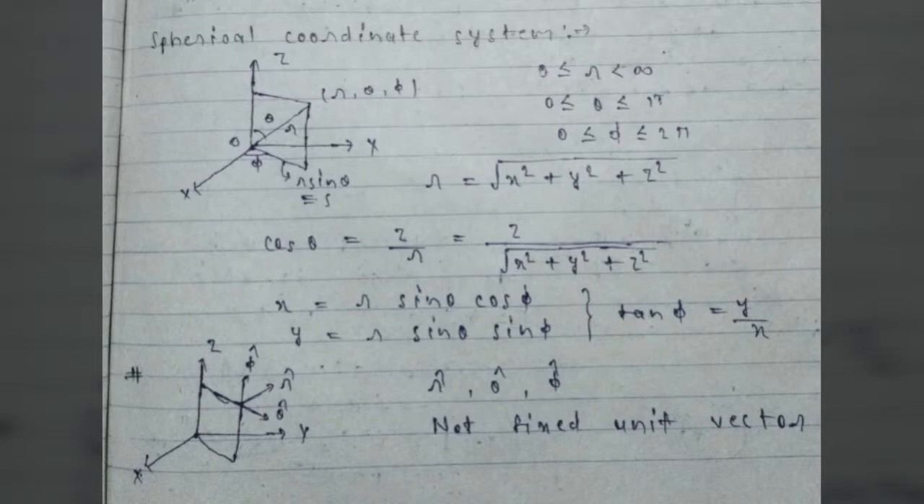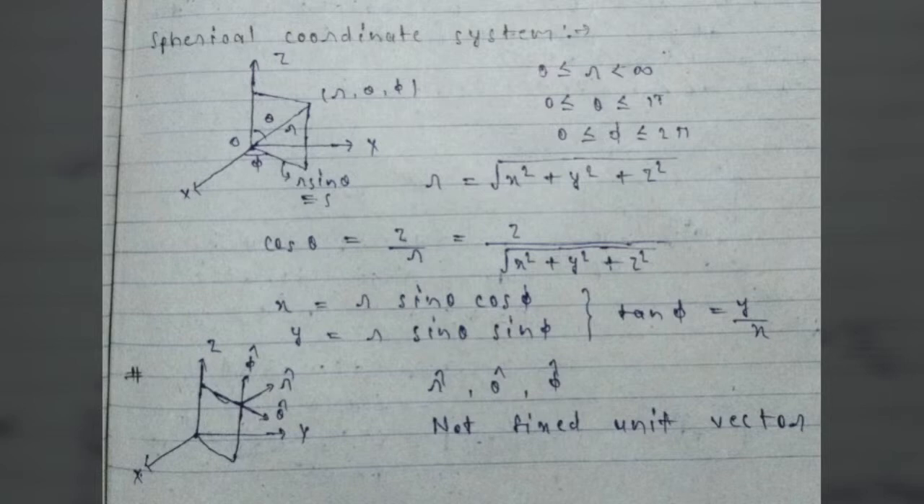Focus on a spherical coordinate system. In a spherical coordinate system, a point is specified by its distance from the origin, which I will call r,